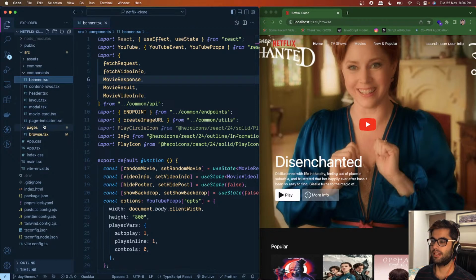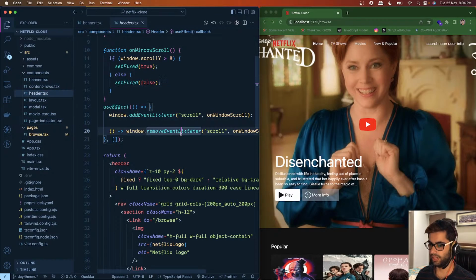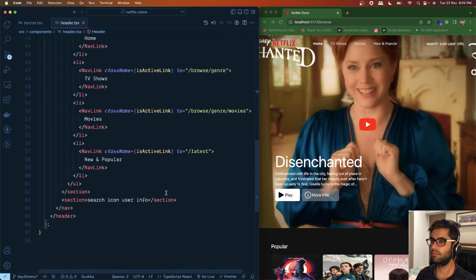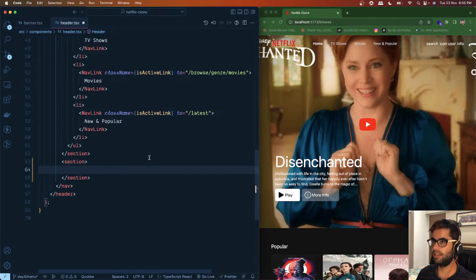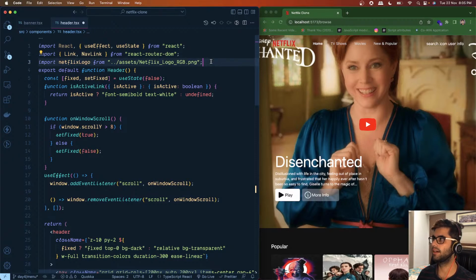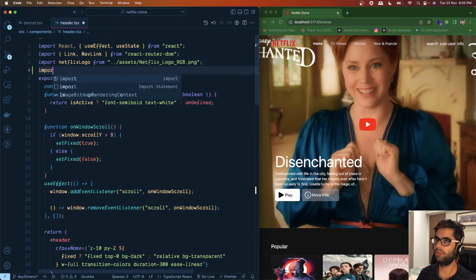So all of that information is present in the header component, right? So let's go to the header component. And this is where we had added the logic for displaying the functionality related to the header. Okay, all right, so this is the placeholder for that, and here what we will do is we will add a few icons here. So import